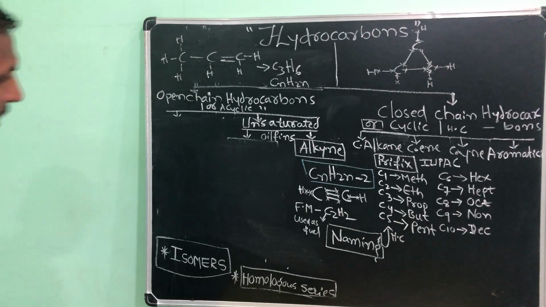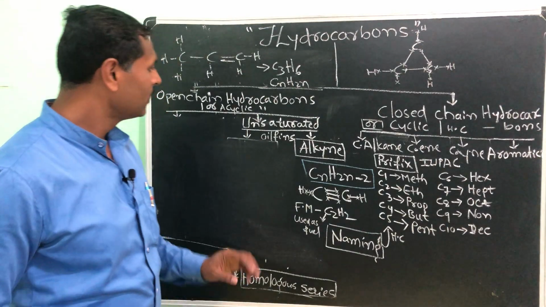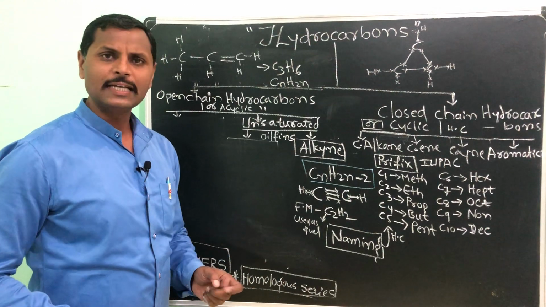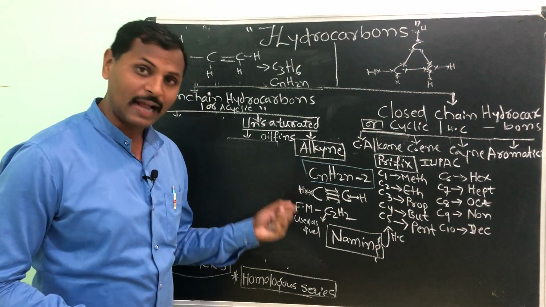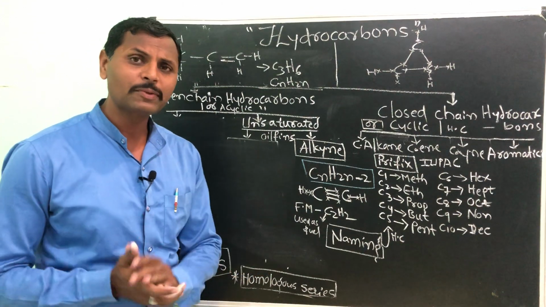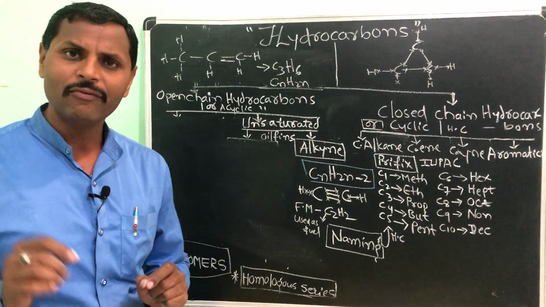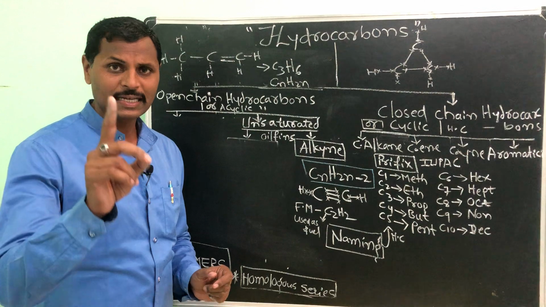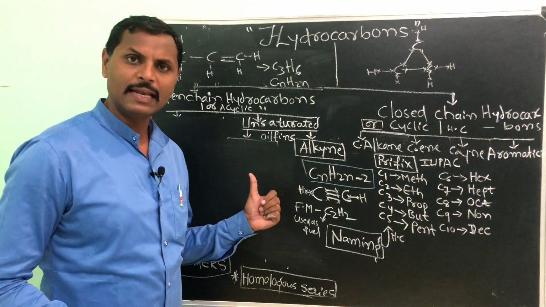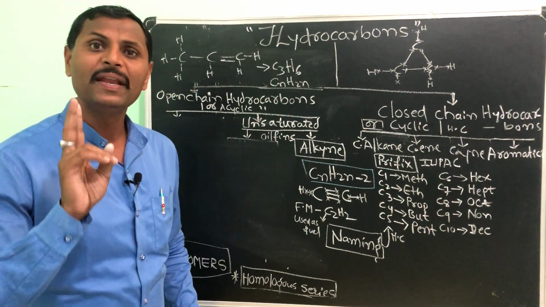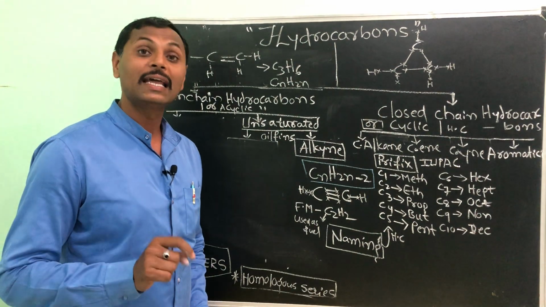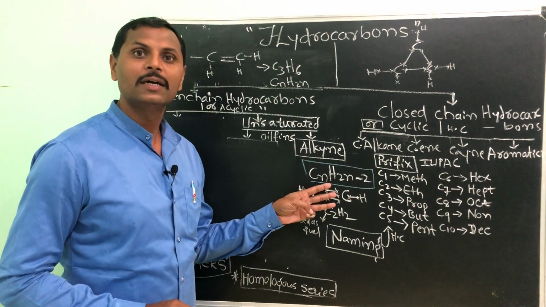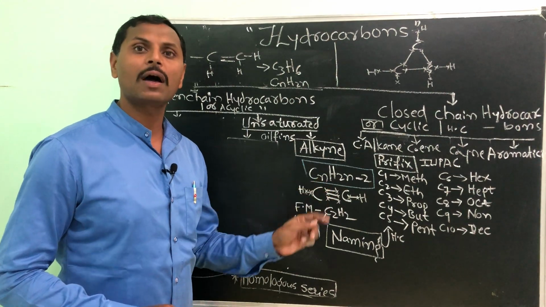All right, we will continue the same part here. So in the unsaturated hydrocarbons, we will discuss the last one, that is alkyne. So which hydrocarbons can you call an alkyne? Very simple. There is a condition, like I told you in the alkene also. There must be a minimum of 2 carbon atoms, and here there must be a triple bond between any 2 carbon atoms in